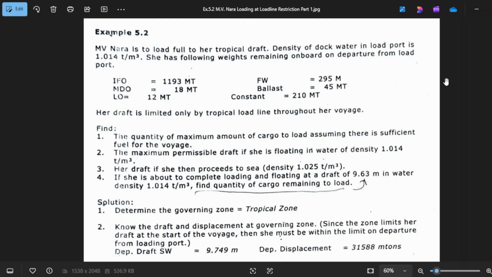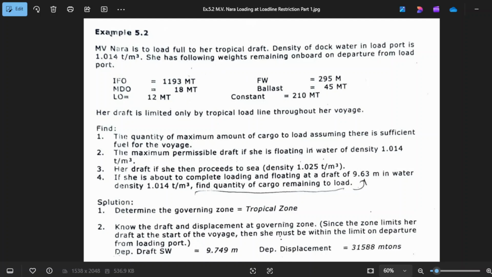So these are the ROBs, or non-cargo weights. Her draft is limited only by the tropical load line throughout her voyage, so she is to depart with the tropical draft. So what is the tropical draft of Embinara?